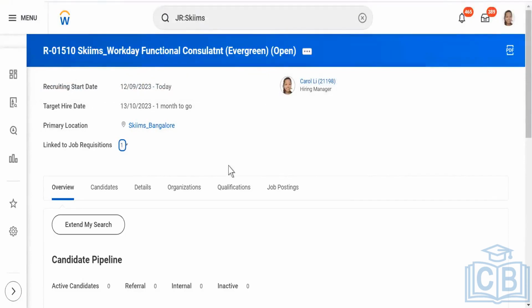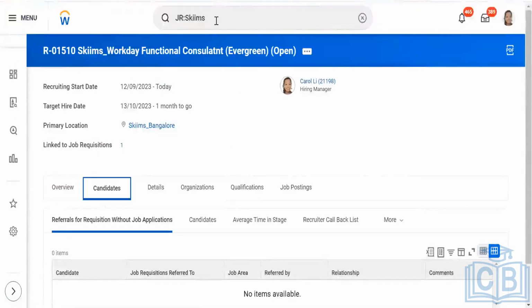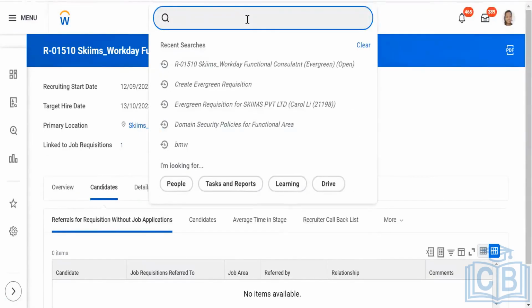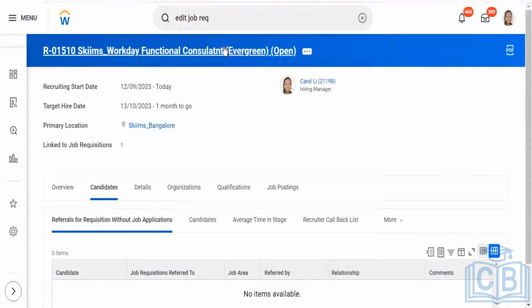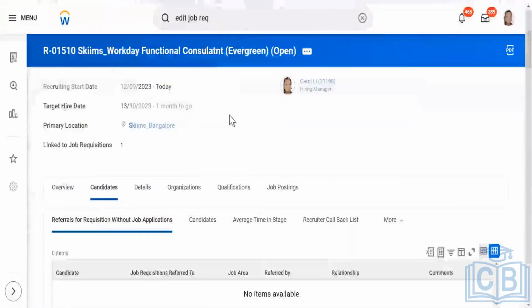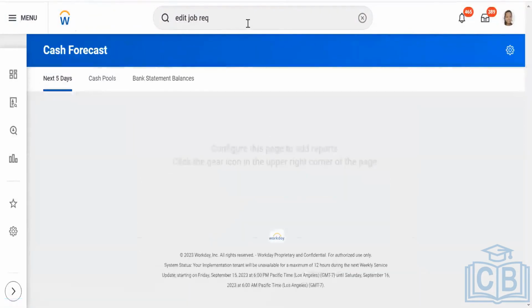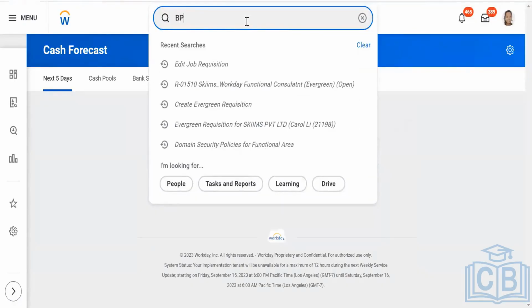This is what happened. Again, you want to move a candidate. I'll show you again. But we'll do one thing. It is job requisition. I think before that we need to create the BP. Because if I want to edit any job requisition, I need to create a business process for that. What I would do is,